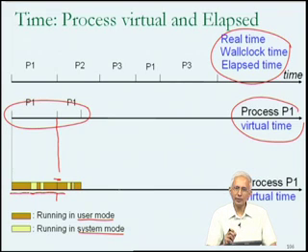So when I told you that the operating system actually keeps track of how much time your process is running in user mode and how much time it's running in system mode, the implication was that this bookkeeping of what is the sum total of the intervals of time which are brown as far as process P1 is concerned, and what is the sum total of all the intervals of time which are yellow as far as process P1 is concerned, is done by the operating system, and it's something which you can get access to. So there are mechanisms, system calls, through which you could request the operating system for this information. And as we saw, this might be useful for you in improving your program,